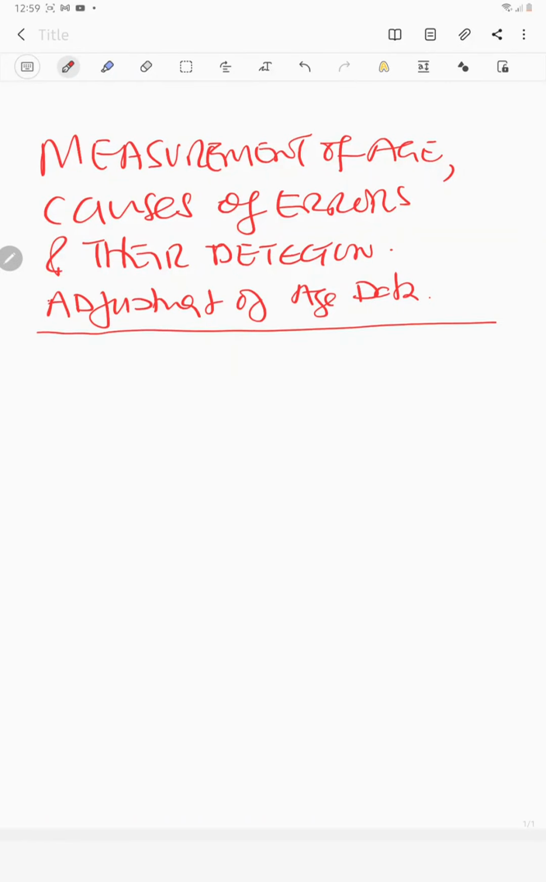In this session, we are going to discuss measurement of age, and secondly, we'll look at causes of errors in age measurements, and how do we detect the errors, and lastly, the process of adjusting age data. So normally, when we look at the measurement of age, we know that we measure age in years,